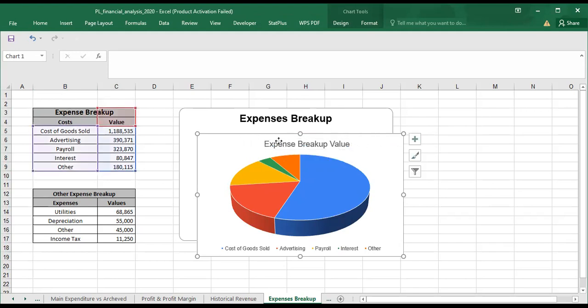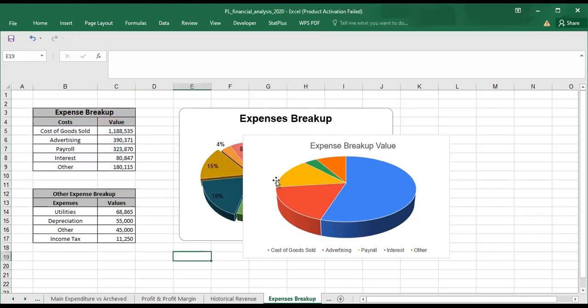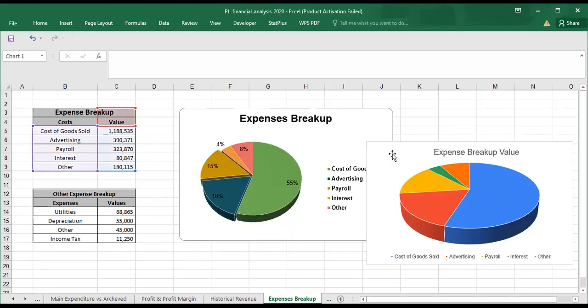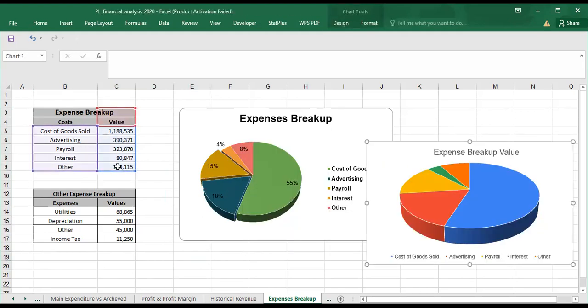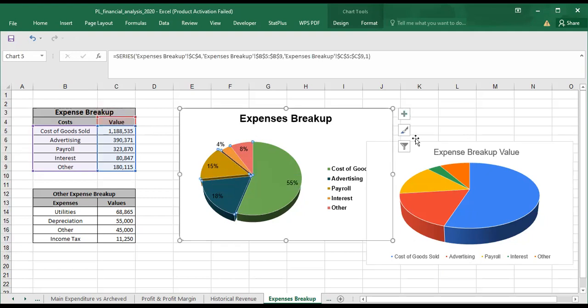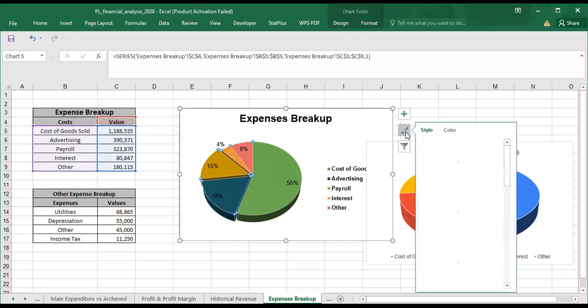I added the data label in percent instead of in values, because I wanted to see the breakdown of expenses in total percent. So that's how I got this. And then I did some other visualization effects. I used the chart styles to